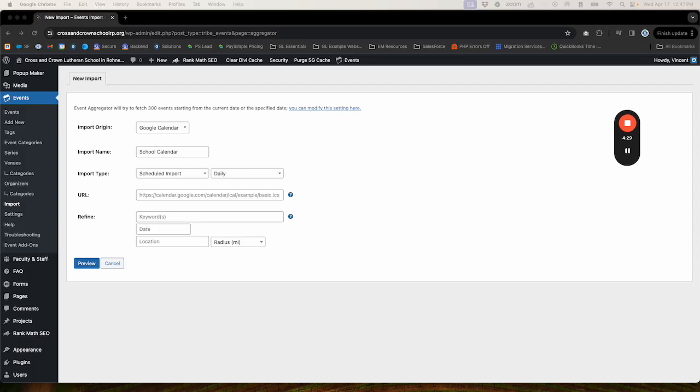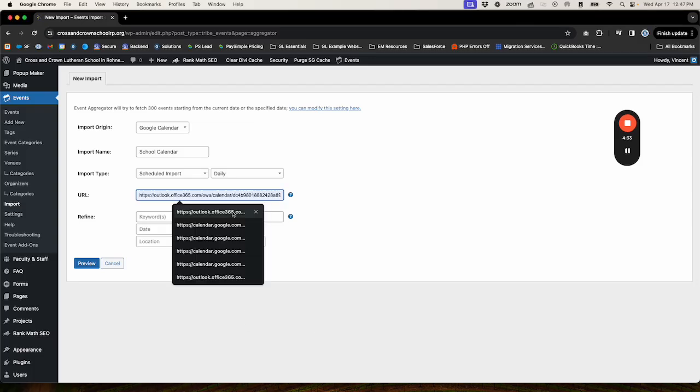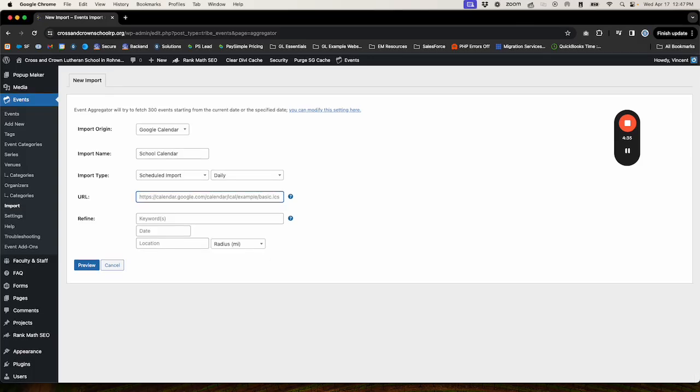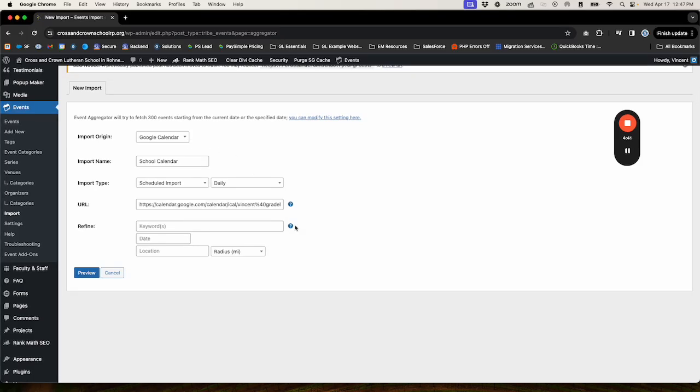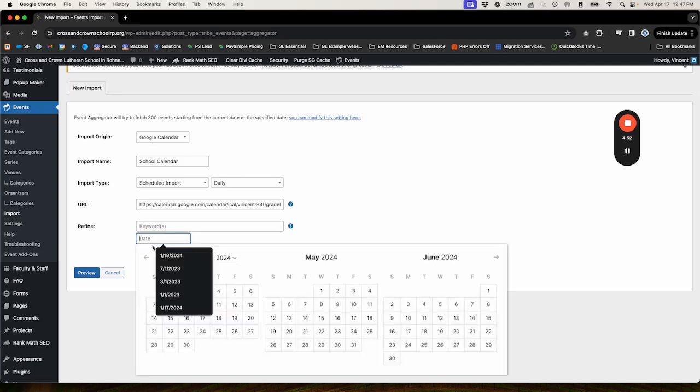And do make sure that that ICS URL is on a calendar that is public. You don't want it to see only busy events, because then it's really only going to show busy/free events on your calendar without any title, and that's not helpful at all. You can, if you want to, refine the types of events you want to sync using keywords or dates, like